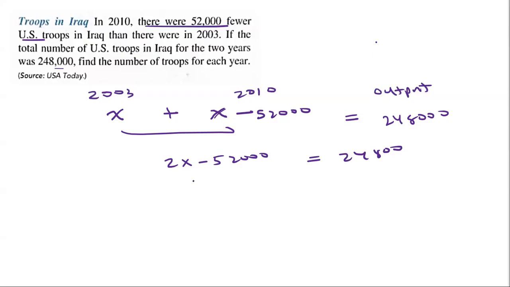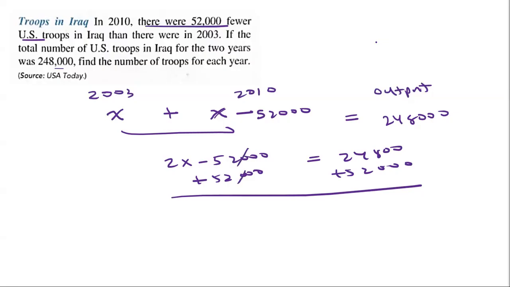Then I'm going to add 52,000. I get 2x, and these cancel. 2x equals